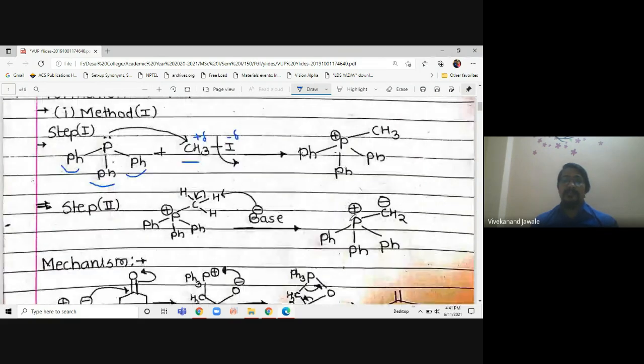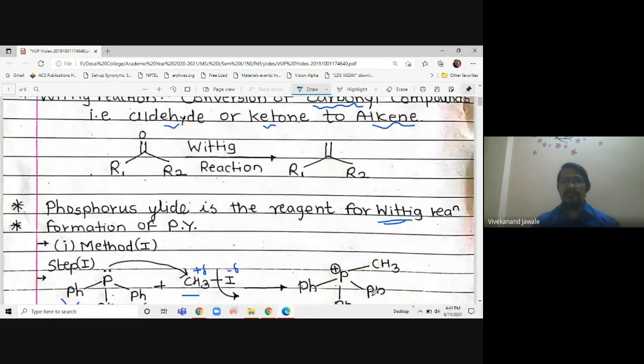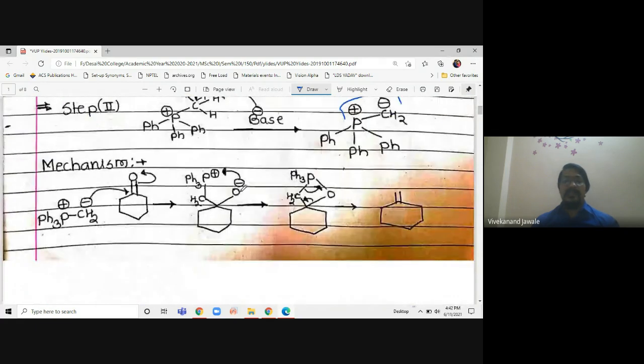So here, what we are seeing is that a base is used over here in the second step. So the base is abstracting one of the protons and you are getting a negative charge over here. So this type of species is formed. Positive and negative charge are present on the adjacent atoms, so that's why we call this an ylide. Okay, now if you have this type of structure and if you just put this structure over here, what you will get, you will remove this oxygen and you will get only CH2 over here. So how does this mechanism happen? So this is very clear.